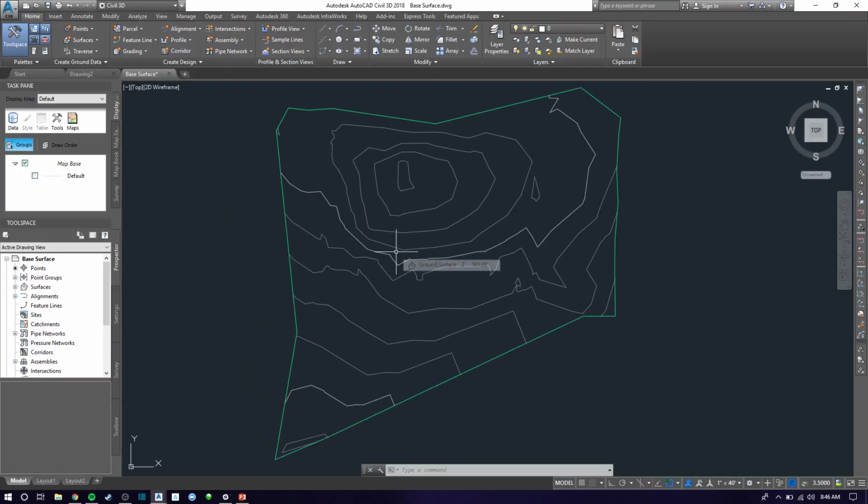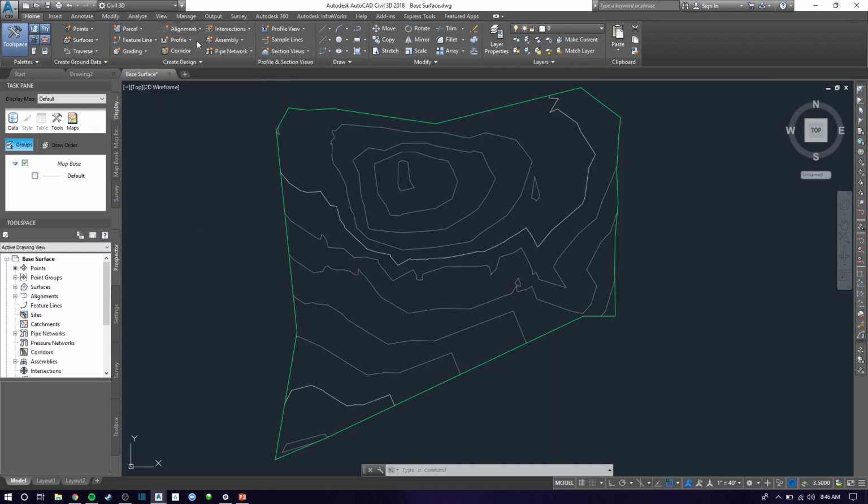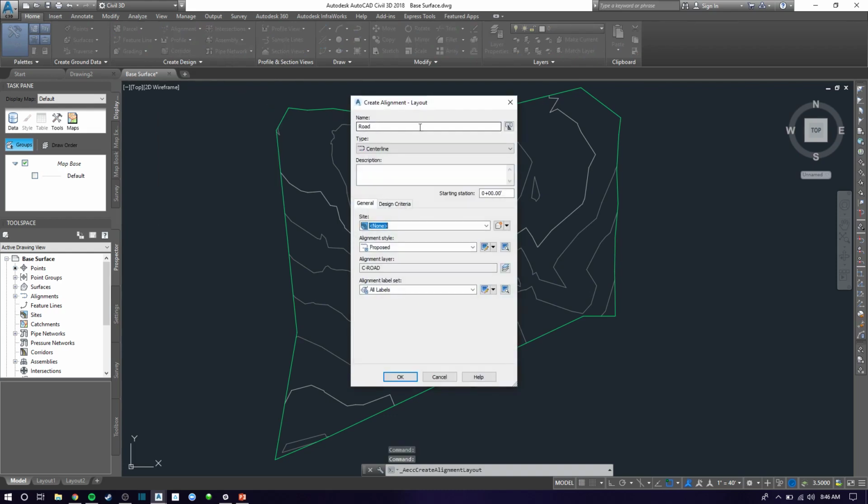Hey guys, so I just wanted to make a quick video to show you how you can do a couple of things with the alignments like we went over in class. I've gotten a couple of questions, so I figured I'll just make a video real quick and show you how to do that. So when we're using alignment creation tools and we're building a road,